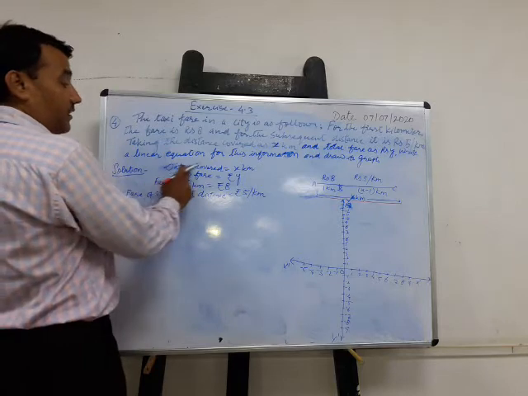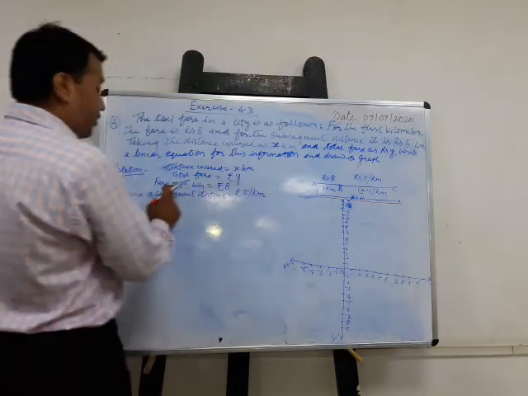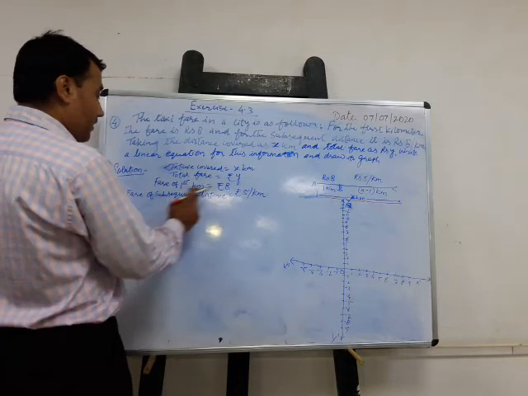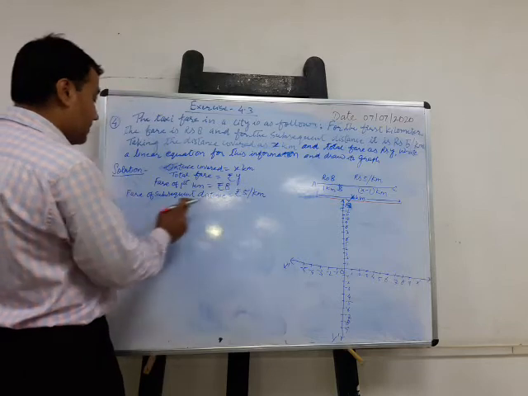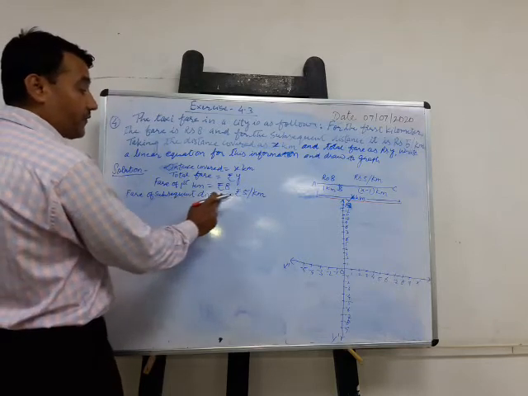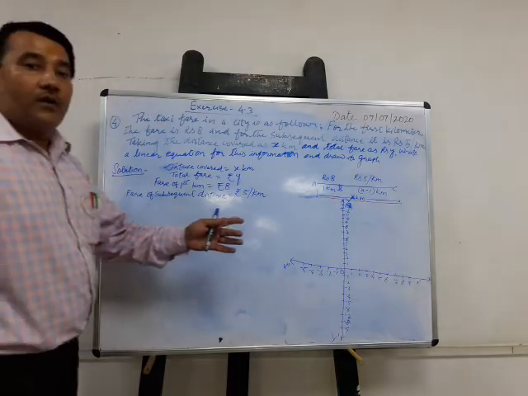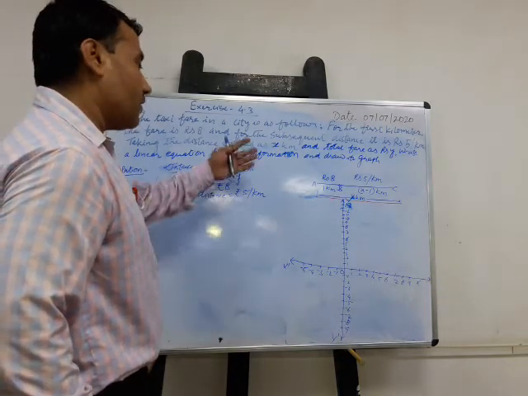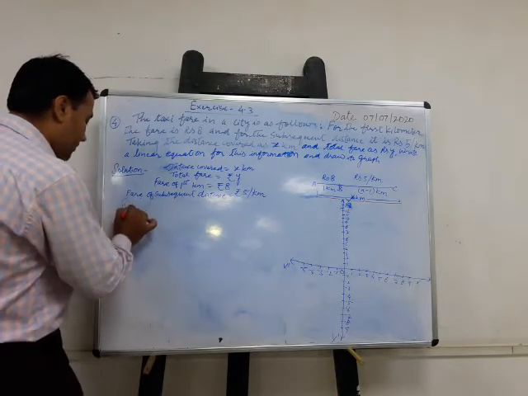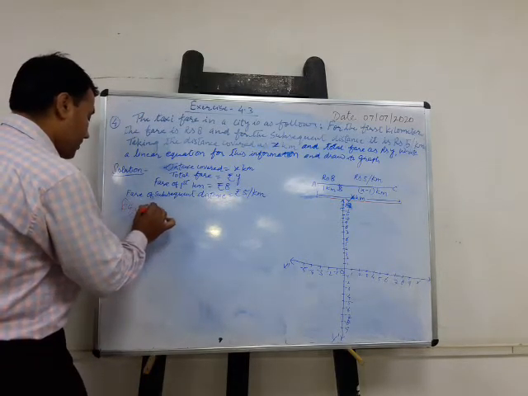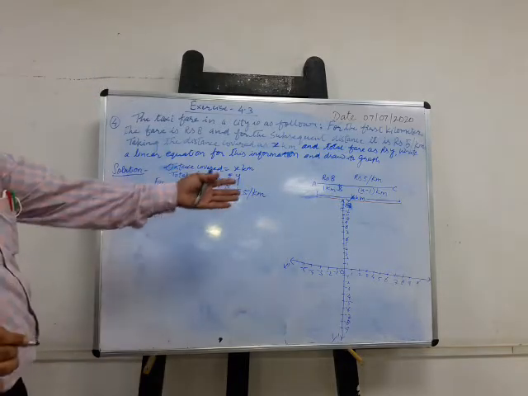Now the solution. It is given in the question, distance covered equal to x kilometer, we take total fare equal to rupees y, fare for first kilometer rupees 8, and for the subsequent distance, fare is rupees 5 per kilometer. Now we have to frame the linear equation in two variables according to the given information. What is your equation, children? Let us take the equation in terms of the fare.